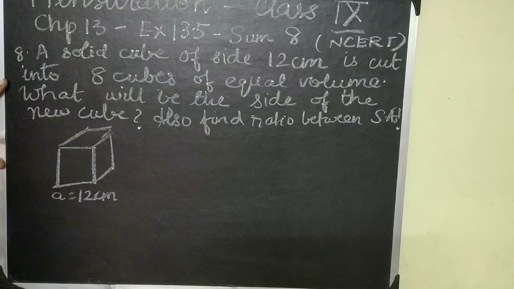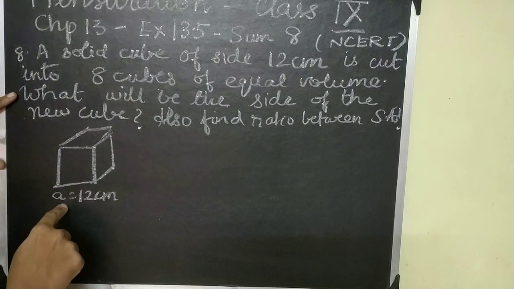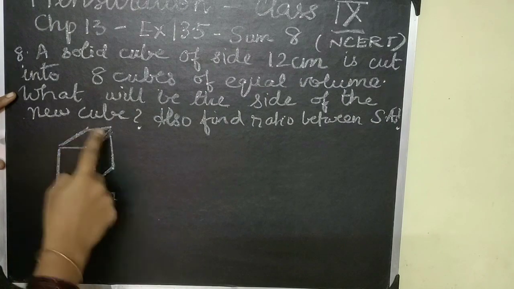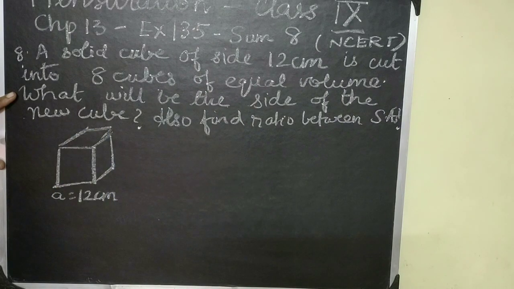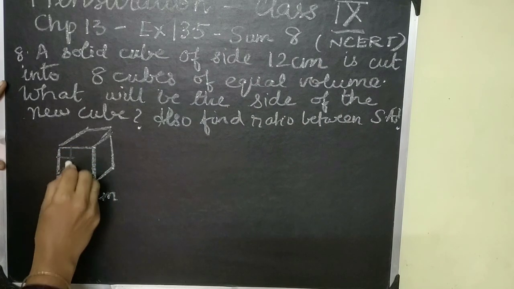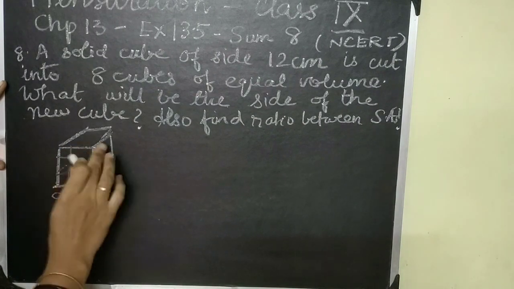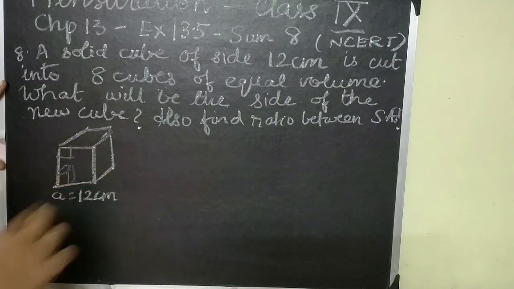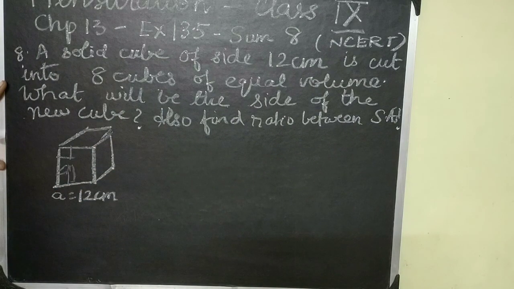So when I was explaining about the formulas, we know that when something involving the inside of a shape is coming, you have to use the volume, and here in the question itself they have mentioned its volume. So first we need to find the volume of the solid cube. Now it's cut into 8 cubes of equal volume. So this big volume cube is divided into smaller cubes which are inside. It's like a big box inside which there are again 8 small boxes.